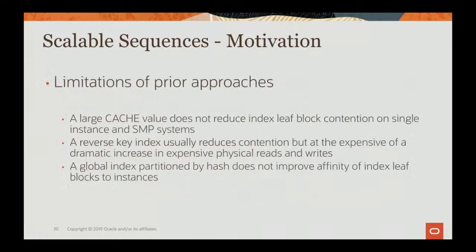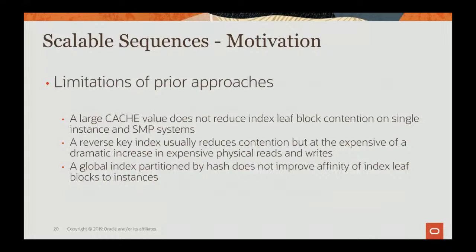Unfortunately, all of these techniques come with some limitations. A large cache size, while it helps to affinitize blocks to the instances, does not help in a non-RAC setting where you have a single instance. With the reverse key index, yes, we are exchanging one hot block for multiple cold blocks, but this increases the number of physical reads of these cold blocks. This means we're reading more blocks for the same number of inserts in the workload. Finally, the hash partitioned index is only useful in a single instance setting,